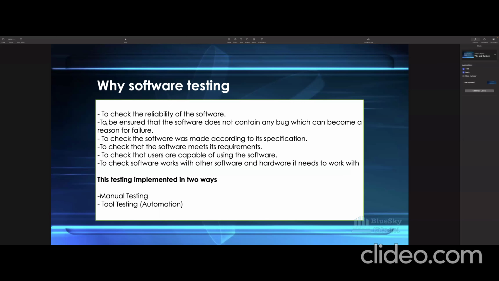Manual testing is self-explanatory. It's done manually. Man does it. You go on the application, you write your test cases in Azure, and after you do that, you open the application, click login, enter username. You are doing it manually, but with a tool, you are doing it in an automated way. You wouldn't have to do it repeatedly every day. You use code, or what we call a programming language,